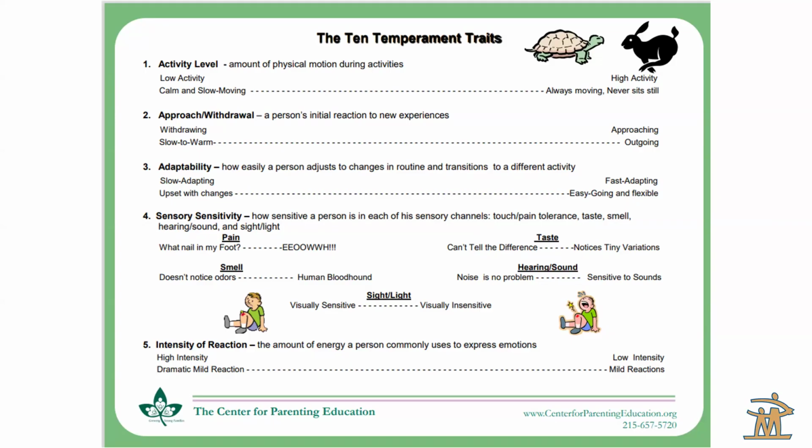Sensory sensitivity. How sensitive a person is at each of his sensory channels, such as touch, pain tolerance, taste, and smell. You think about a child, and I had a daughter who I felt like every single little thing was extremely painful for her when she was younger. And so when she finally did break her arm, I let it go for 3 days because I thought she was kind of overdoing it. But anyway, it gives you an idea of how you have to really be in tune to kids. Some kids might have a nail in their foot. Yow. And the next one is if they have a different kind of temperament. Dude, there is something in my foot. I thought I felt something.